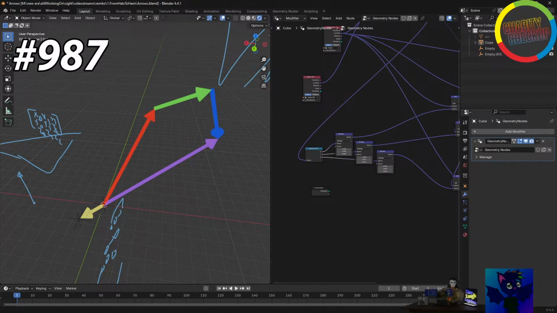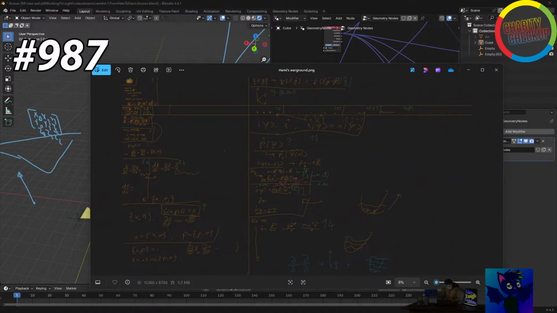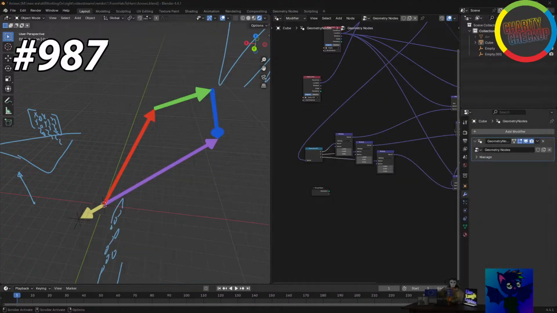I don't want to show it exactly because it was a Patreon only live stream where no one joined in. But I do have this as a cheat sheet. And so on that cheat sheet,